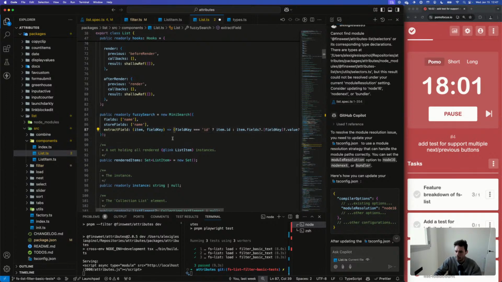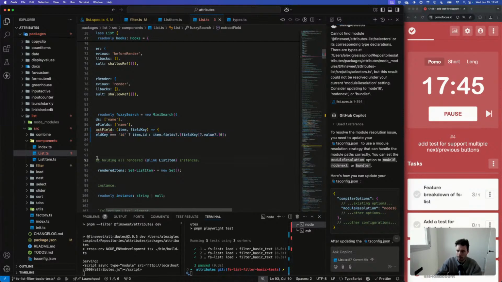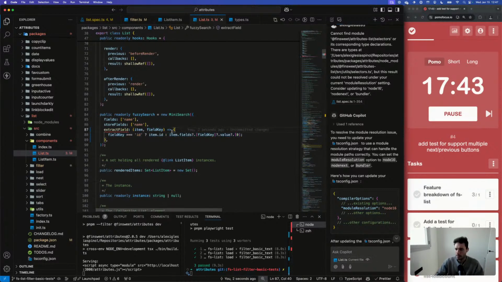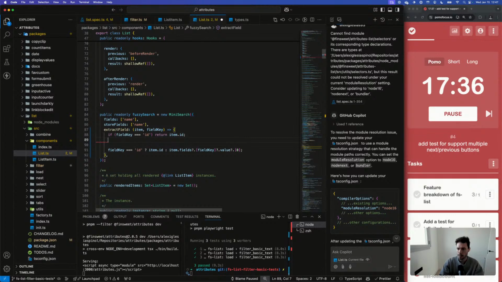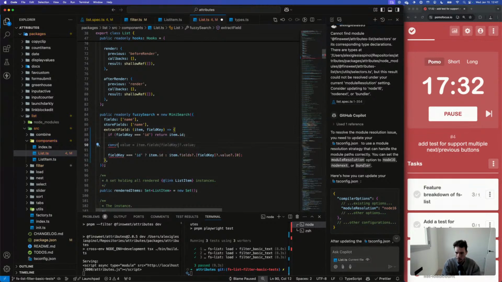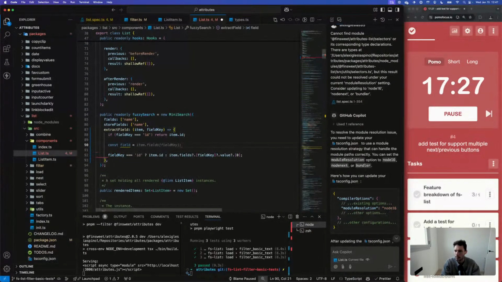Yeah. So what I want to do is, when the field is not a string, we need to convert it. Yeah, correct. So let me refactor this for a second. Let's make it better. If field key ID this, okay, cool. Then field is equal to item fields field key.